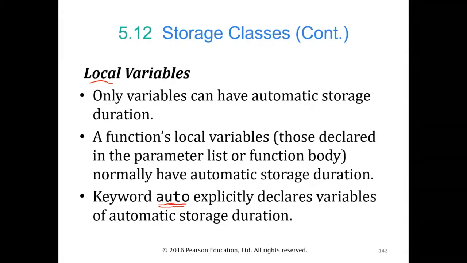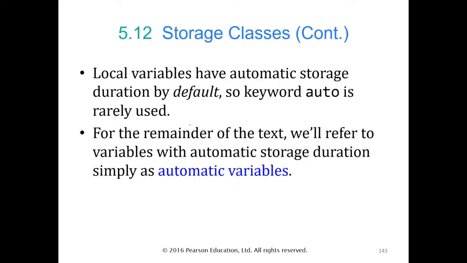It is rarely used because you generally do not need it in any case. It basically explicitly declares variables of automatic storage duration, but by default all variables are local variables that are declared inside functions or maybe declared inside the body of some control structure. Okay,